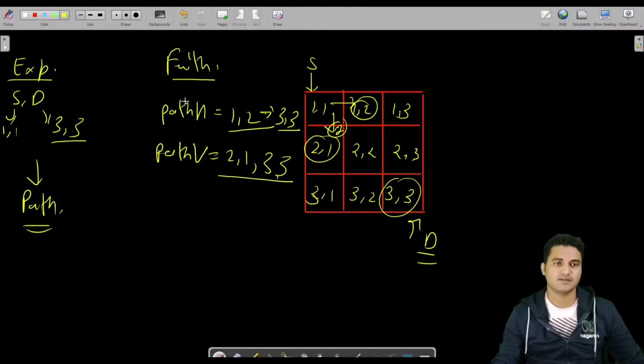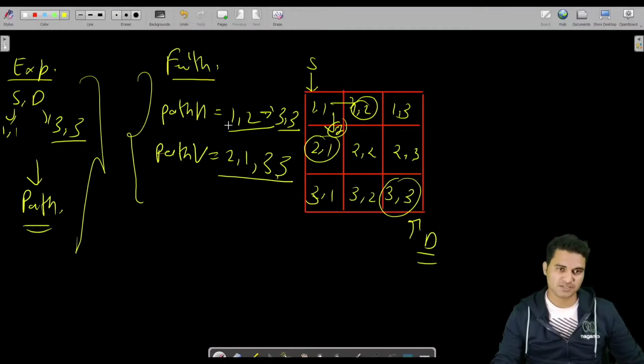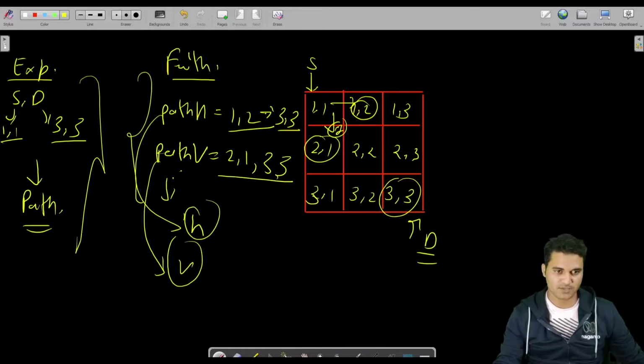As simple as that. This is my faith, this is my expectation. My expectation is getting all the paths from 1,1 to 3,3, and my faith is I will automatically get all the paths from 1,2 to 3,3 and 2,1 to 3,3. Then I will add horizontal into this path and vertical into this path, and directly I will get my answer.